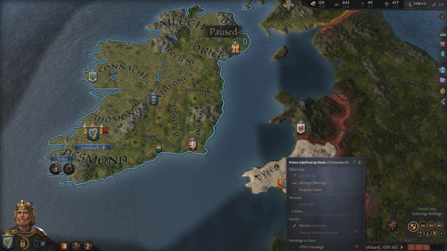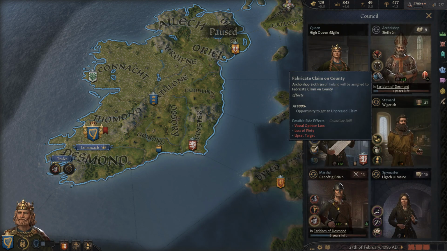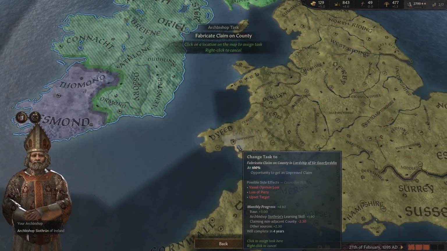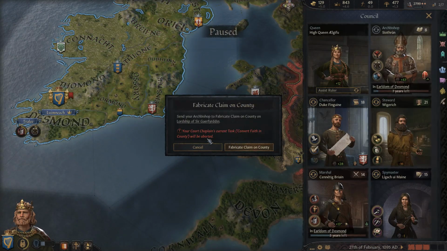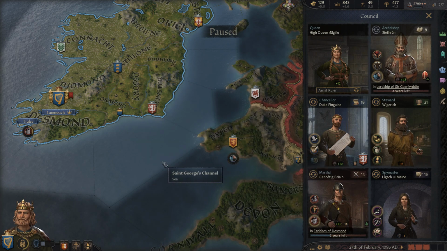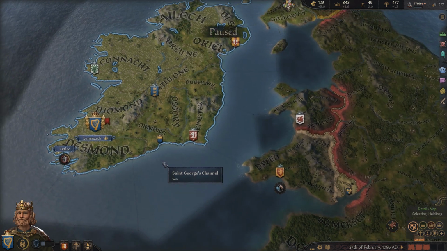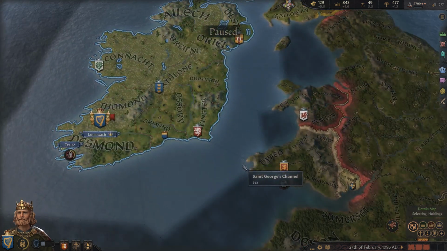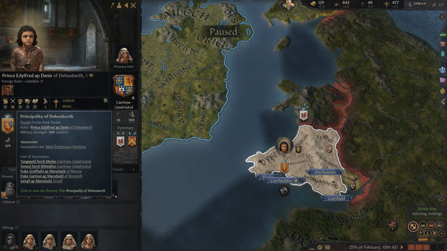Alright, I'm gonna pull my... what's his name? My Archbishop off of what he's doing currently. It doesn't take that long to fabricate a claim, usually, and then he can just get back on with the other thing. Ew, 4 years, huh? Alright, well. It's a complicated task. There's no two ways about that. You know what we could do, potentially? What if we went and we